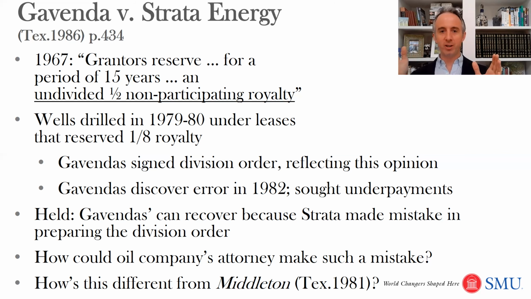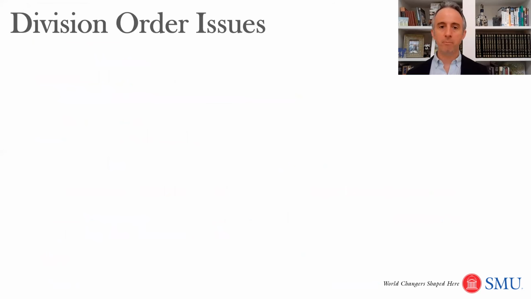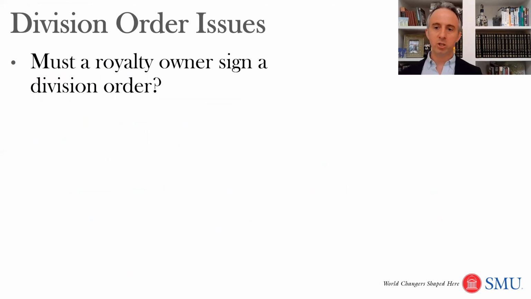You know, you sign off on the division order. This doesn't really necessarily benefit either party, or at least not systematically, so that might be fine. But this kind of big change, like we saw in Govenda, going from a 1/2 royalty to a 1/16 royalty, you can't, even if you sign that division order, that's not going to change your underlying legal rights. So these are the big issues that recur with division orders.